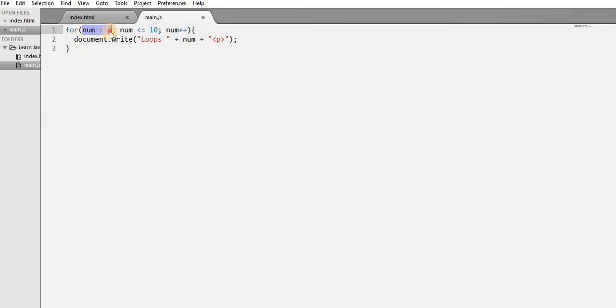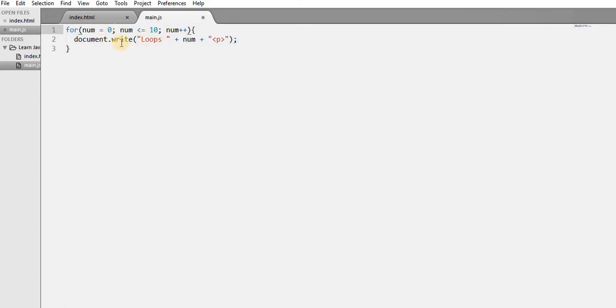It will first of all output 0 on the screen because it's the initial value, and then it will come here and say, okay, is 0 less than or equal to 10? Yeah, 0 is less than 10. It will come here and it will increase 0 by 1. And what will you have? You have 1, and this one will help us to output the value 1 on the screen. Okay, it will go back again and say, is 1 less than or equal to 10? Yeah, 1 is less than 10. So it will come here and it will increase 1 by 1 again, and it will be 2, and this statement will help us to output 2 on the screen.